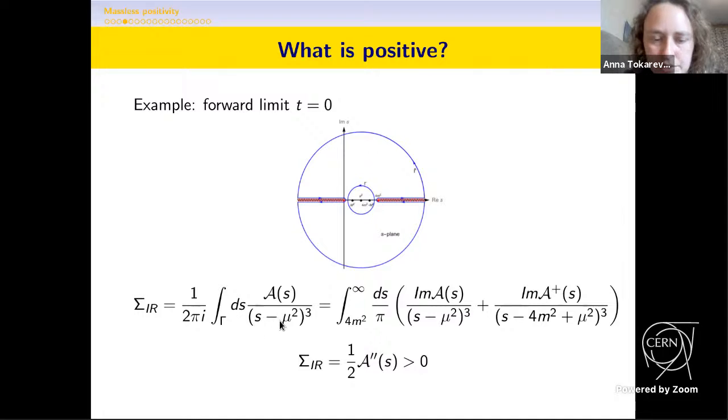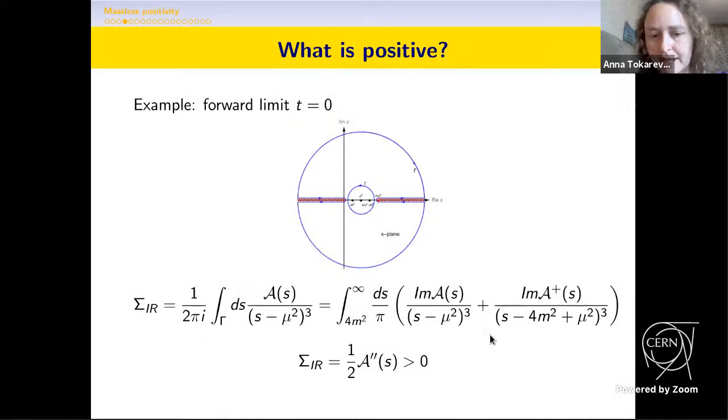And due to the bound on the amplitude, that it should grow no faster than S squared, we can neglect the large contour. And then the second derivative of the amplitude can be written through an integral of imaginary parts of the amplitude and the crossed